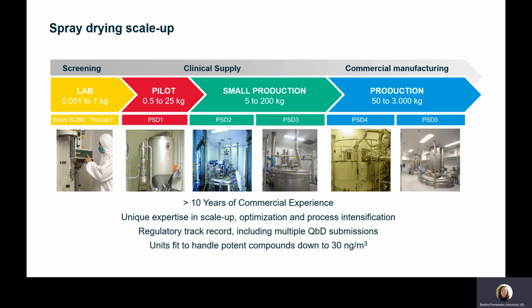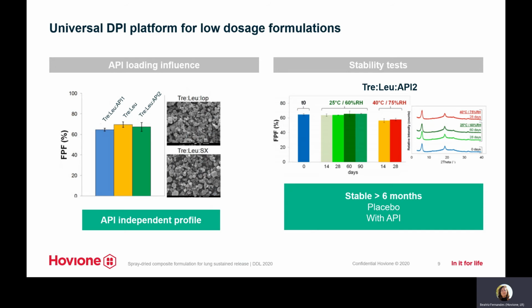We can go from the lab scale, from pilot, small production, and even full production. And this is something we can do easily following this strategy that I just mentioned. So also based on that strategy, we did put together a universal DPI platform, which we were able to test